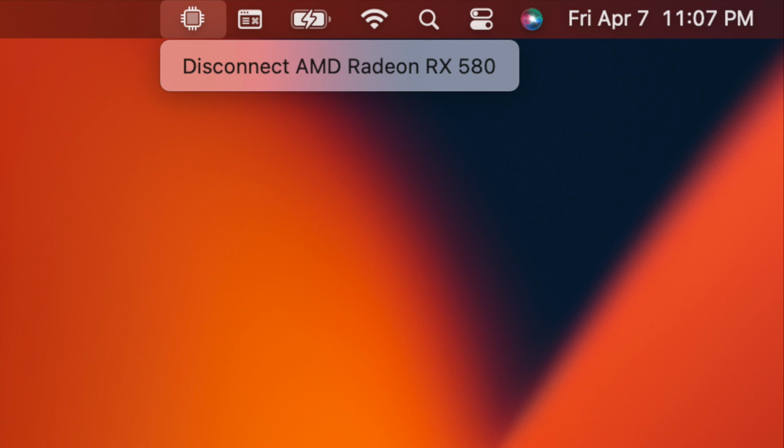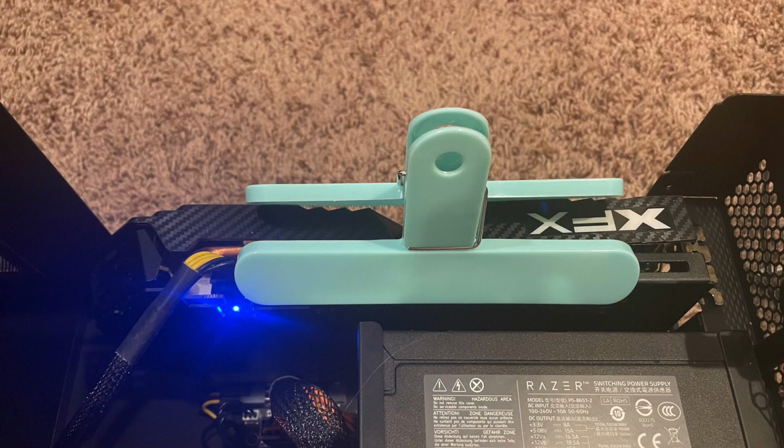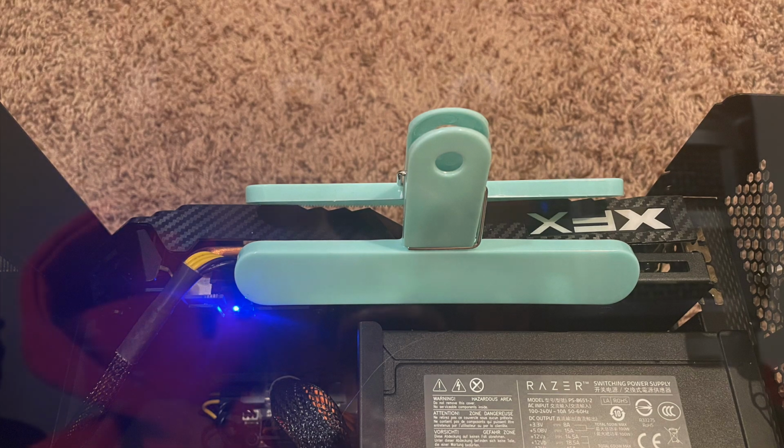Okay, so there is a more permanent solution to this. I'm sure you know this isn't actually how you solve it. So the permanent fix for this is something called a clip fix. And a clip fix is pretty much where you...